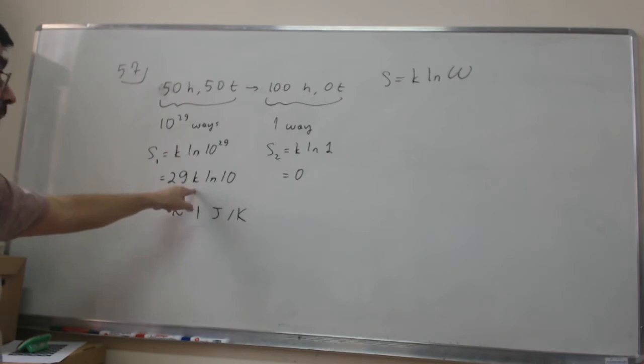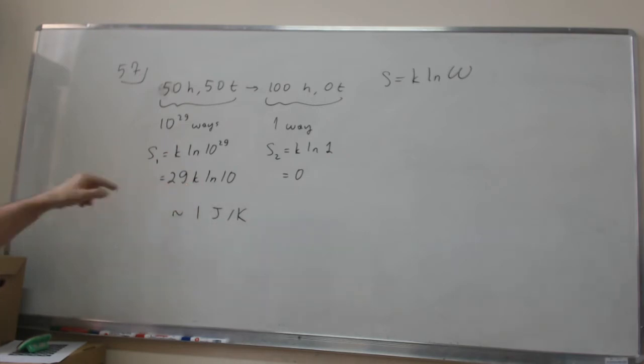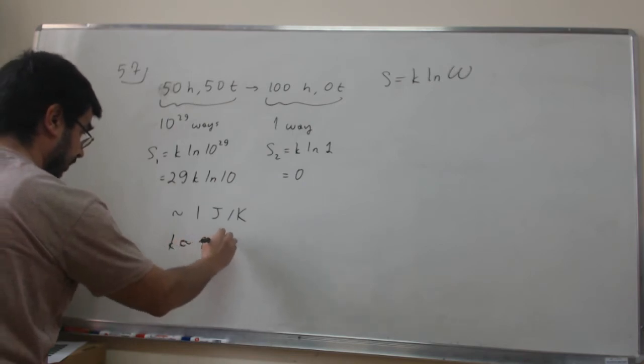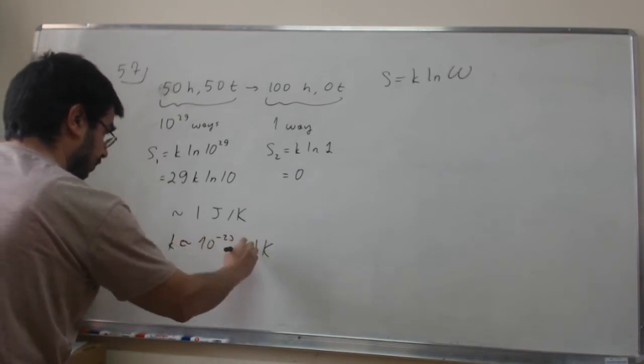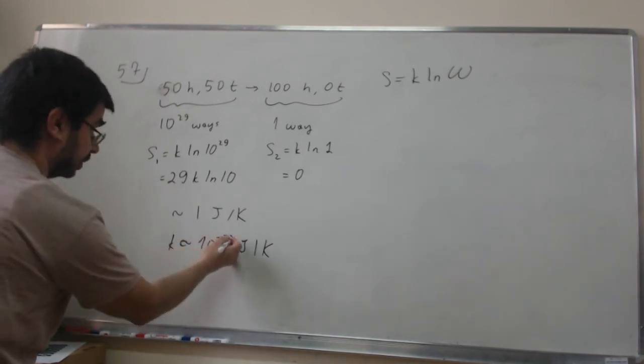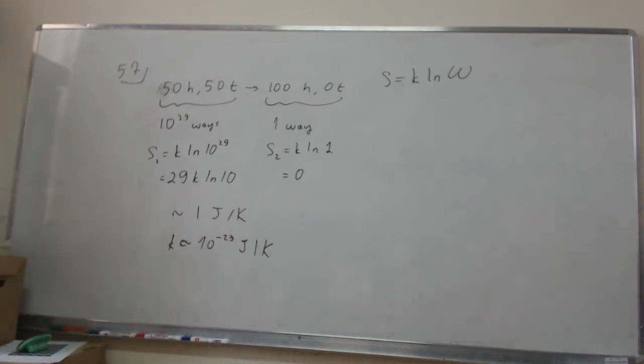But this thing here, the Boltzmann constant, if you look it up from the cover of the book, so let me just do that. The Boltzmann constant is 1.38 times 10 to the minus 23 joules per Kelvin. So k is around 10 to the minus 23 joules per Kelvin. So the thing that you find here is going to be something like 10 to the minus 20 joules per Kelvin, much smaller than the ordinary entropy changes that you will find for the physical